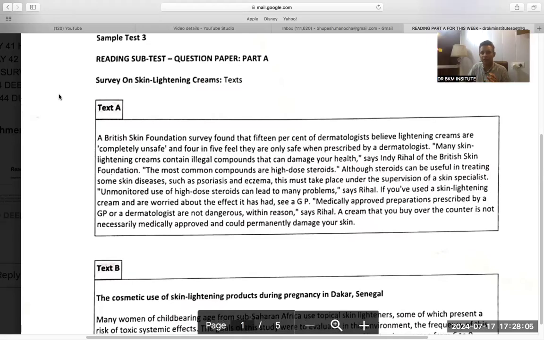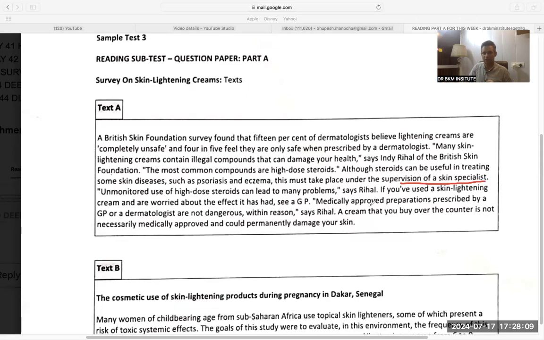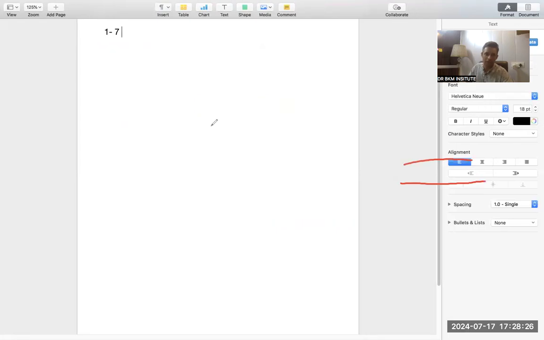If I do not read the question, how would I know that this word is not important? Skin specialist. Otherwise, it looks like a very important word. How would I know the rehal of British skin is not important? It's only after reading the question that I can decide what is important and what is not. So always first of all read questions 1 to 7, underline the keywords, then skim and scan